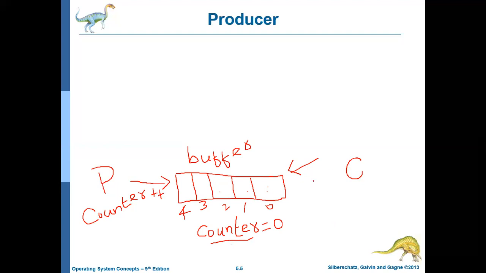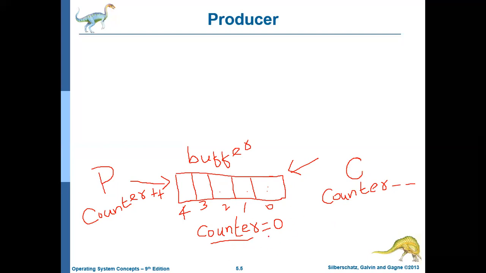Similarly, whenever the consumer consumes a data item, the consumer will decrement the counter by 1.